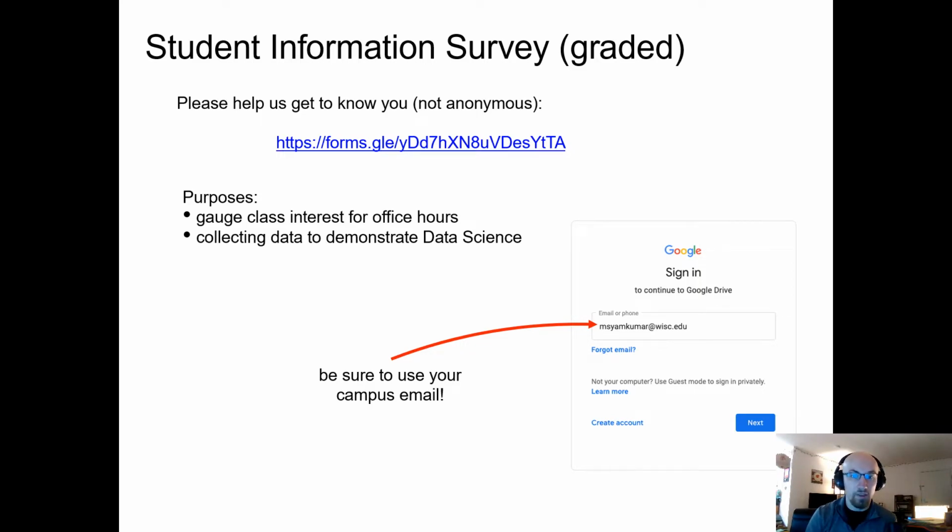It asks some basic questions like your first and last name and your email address, and then it also asks some questions about yourself. So it might be like, are you a procrastinator or not? What's your favorite pizza topping? And these are all going to be used in data sets later on in the semester, so we can use data that we create as part of our projects in the upcoming semesters.